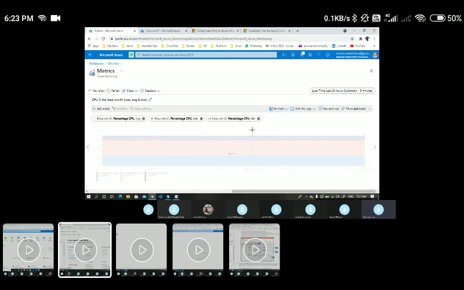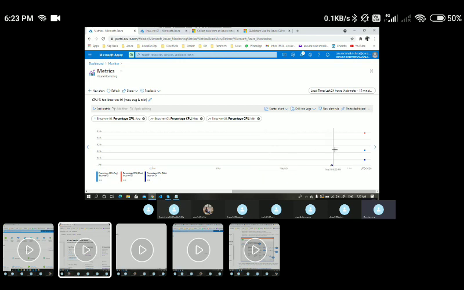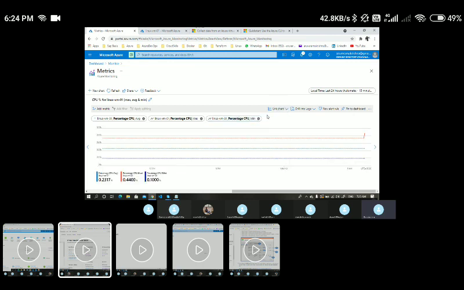If you wanted to go with a bar chart, I can just choose the bar chart, and it will give only bar chart level things. Let's say if I go with only dotted lines, here I could see only dotted lines. Likewise, whatever way you wanted, you can go with. Let's go with the line chart. Once you're done with everything, just pin to dashboard.